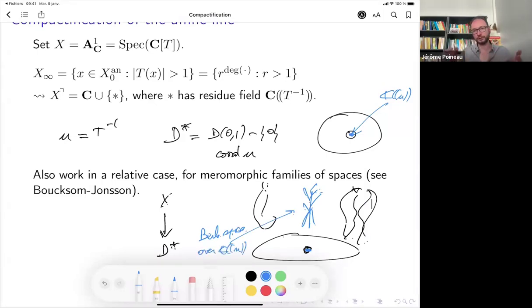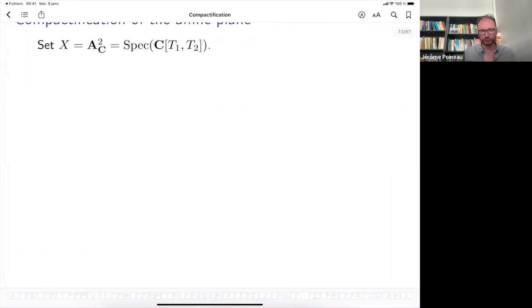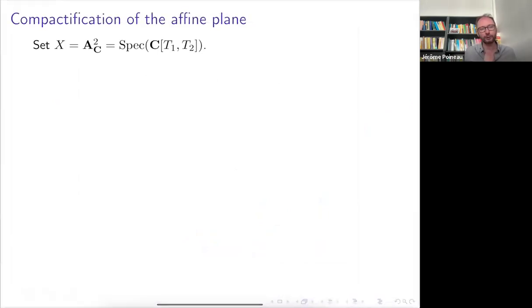Okay, so this is what the compactification does for you in a quite natural way. So this was the case of dimension 1, but of course you can do it in higher dimension too, which doesn't appear in the work by Buxon and Johnson, which is really only devoted to this case of one-dimensional degenerations. And so we can have a look at what happens for the affine plane.